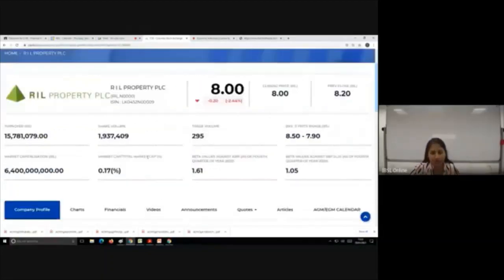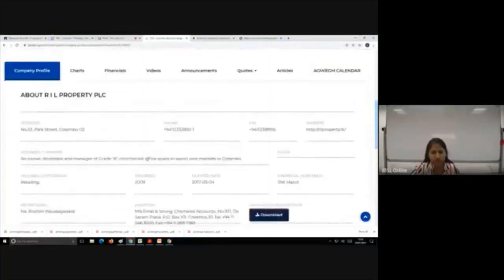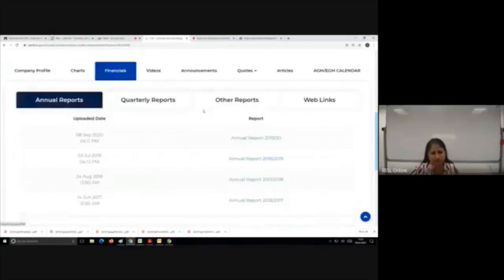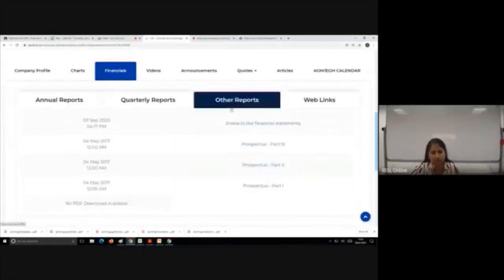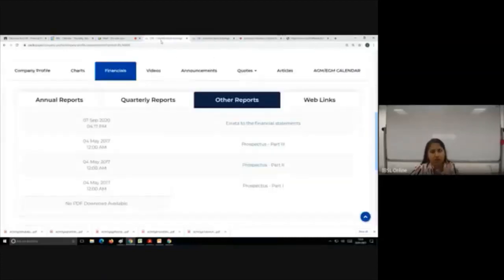It's Real Property PLC. They were the owners of the Bread Talk chain and Park Street Mews. They are the ones who are managing it. So when you are going to go for a share issue, now we are going to talk about the primary market share issue. Okay. In a primary market, you can still have a debenture issue as well. Let's see that as well for you. So for now, we are going to look at a share issue in a primary market.